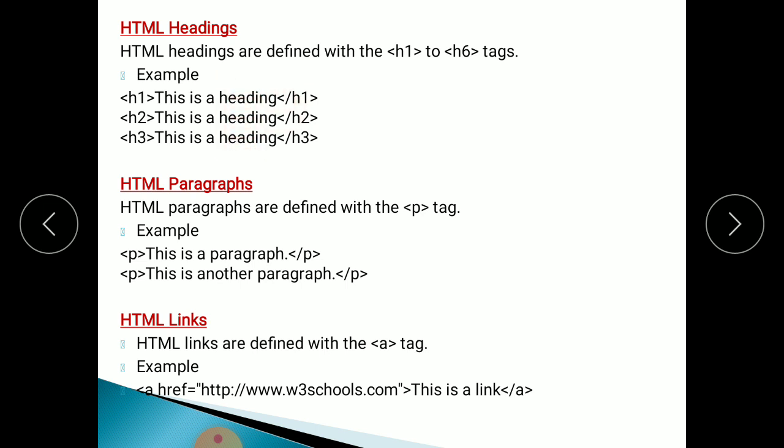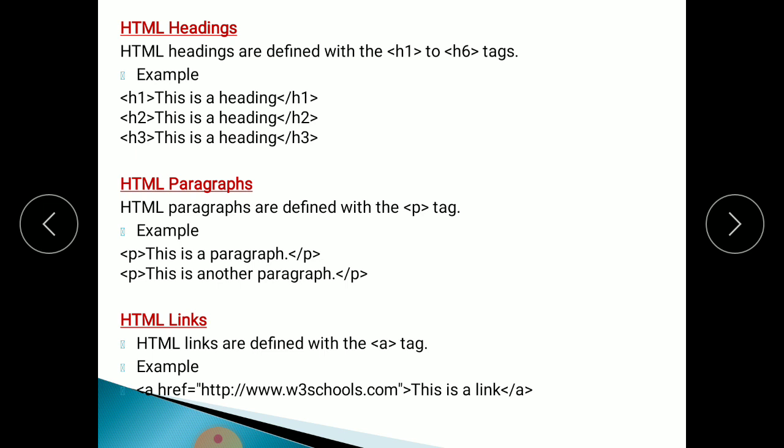See here, if you have used six heading tags in your program, the first tag will display larger in size, then the second one is smaller than the first one, then the third one is smaller than the second one, then the fourth one is smaller than the third one. Like this, each heading is smaller than the previous one. Okay, like this it will display on the monitor screen. If you want to use headings, use the H tag. H is for heading.